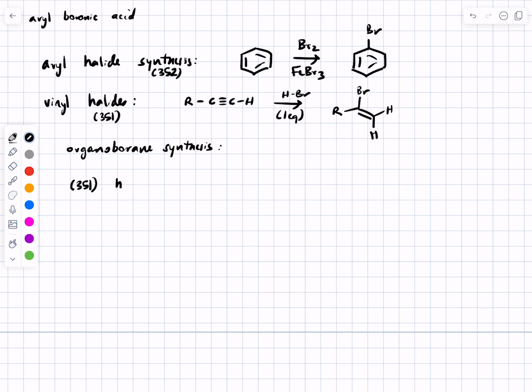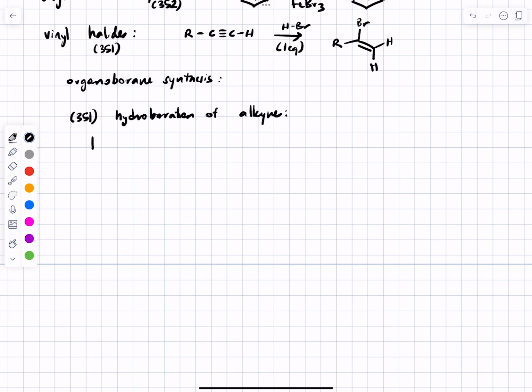So the one that's from 351 is basically hydroboration of alkynes. So as an example of this, and this is an example from your text, you could take an alkyne, a terminal alkyne,